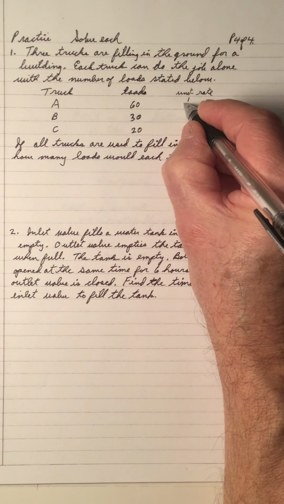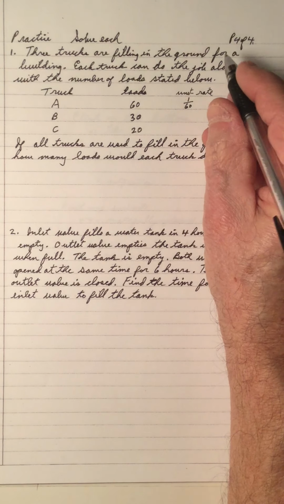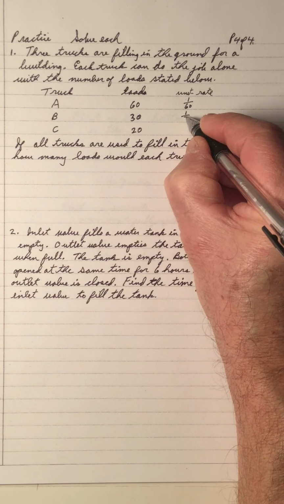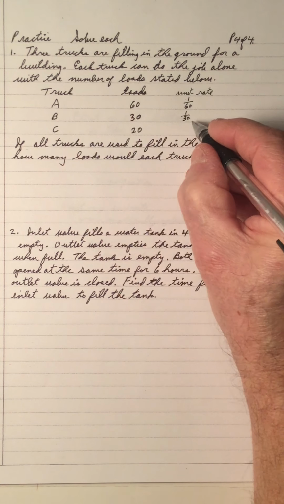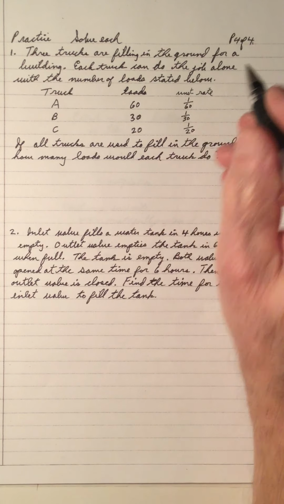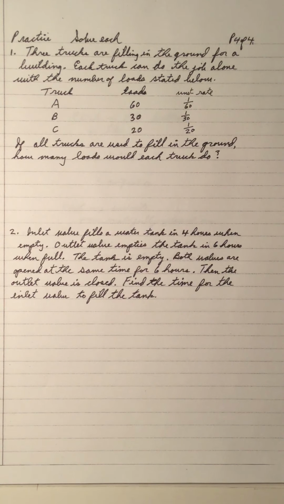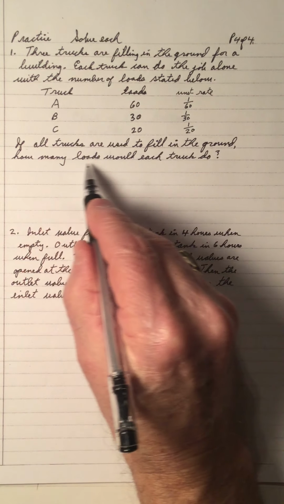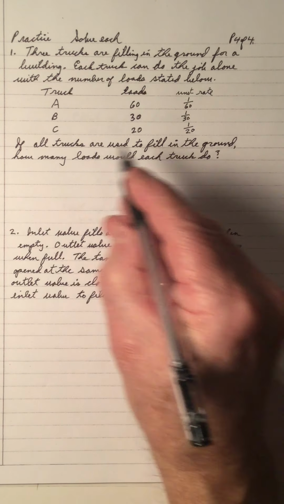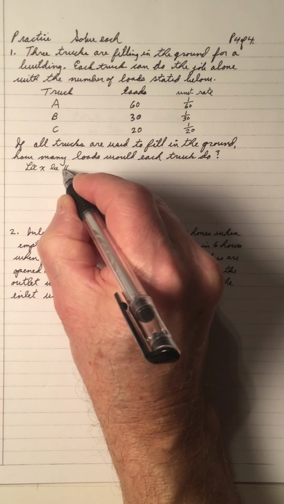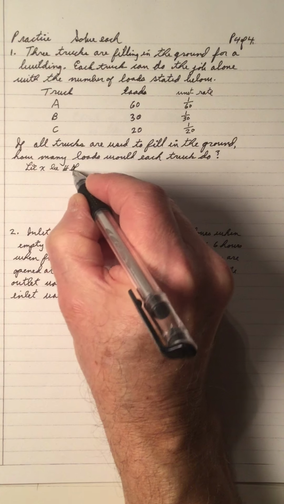Truck A will do 1/60th of the job with one load. Truck B will do 1/30th of the job with one load. Truck C will do 1/20th of the job with one load. So the question is, if all the trucks are used to fill in the ground, how many loads would each truck do? So we're going to let X be the number of loads